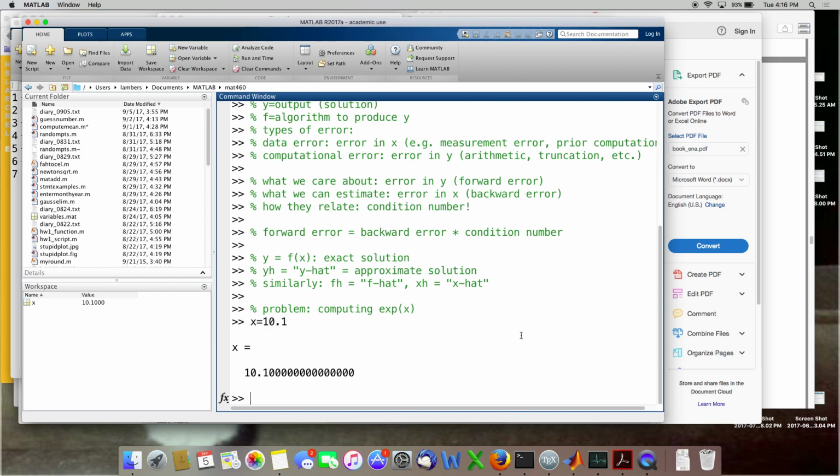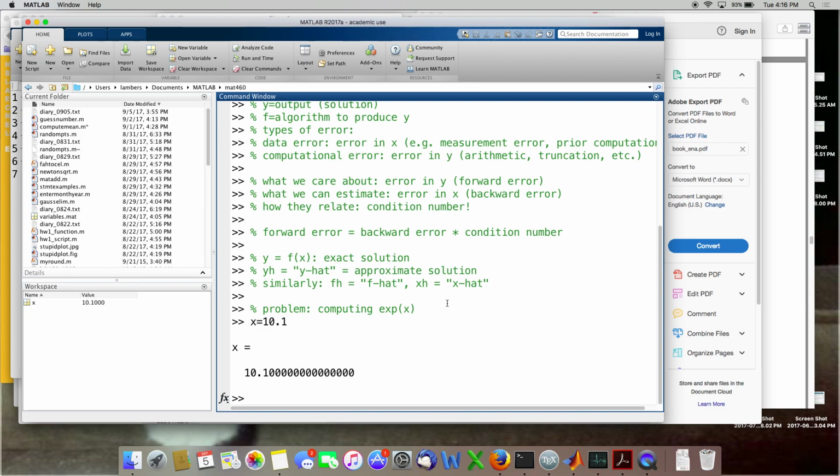Now, computers cannot evaluate the exponential function exactly. Not just because of computer arithmetic, but because really the only function that a computer can evaluate exactly is a polynomial, and also certain rational functions, because they involve the basic operations: add, subtract, multiply, divide. Anything beyond that, exponential, sine and cosine, square roots, cannot be evaluated exactly. There's going to be some error beyond the error you get in arithmetic.